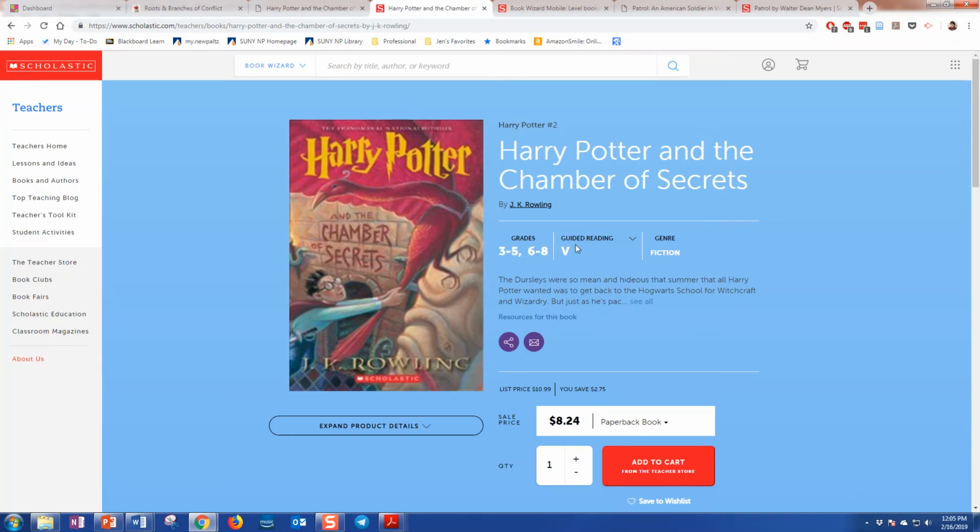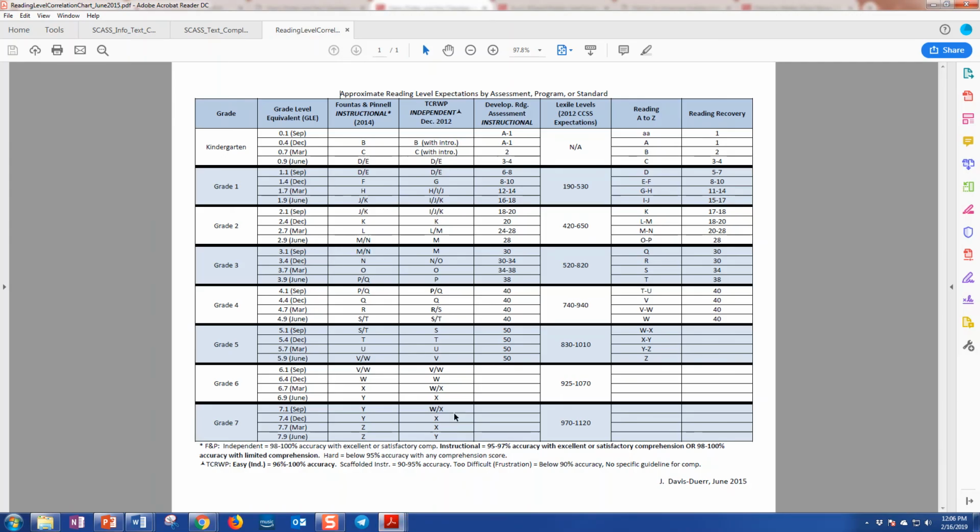Now, unlike Lexile, this can give us some other measures as well. Okay, when they say guided reading here, they're using Fountas and Pinnell's model of determining text complexity, or determining the level of the difficulty of a text, and that's where they come up with V. Okay, notice they give these two different grade spans. A little vague, but okay. It probably depends on how the students are interacting with the text. Is the teacher reading it aloud to them versus the student reading it on their own? They don't really give you a lot of background about why they do this, but this is what they give you as some ranges. And when we think about guided reading level V,